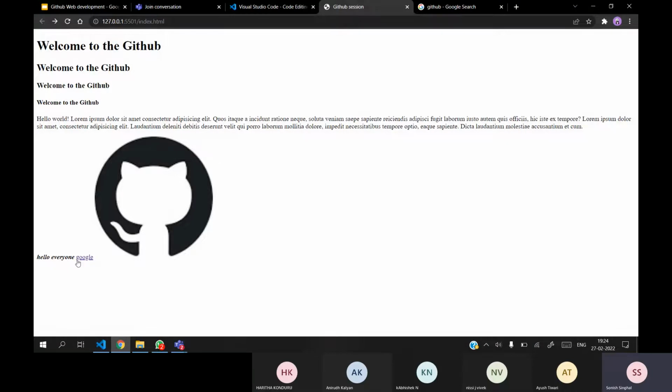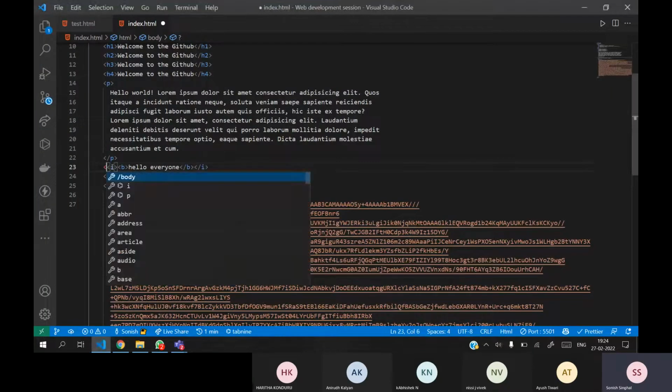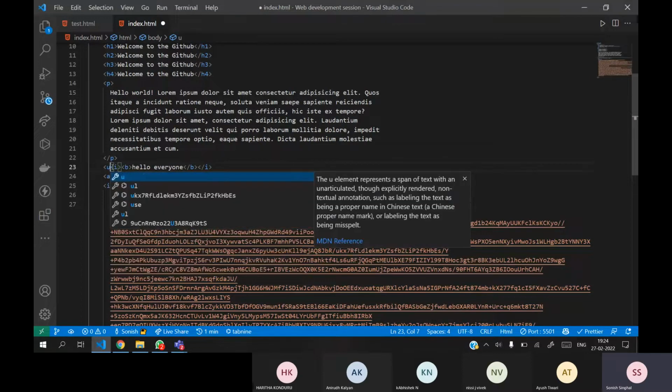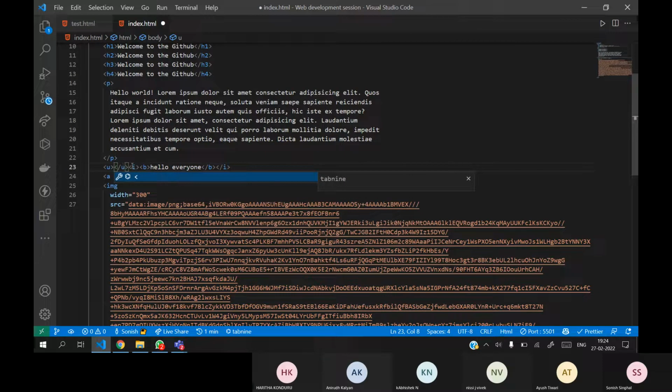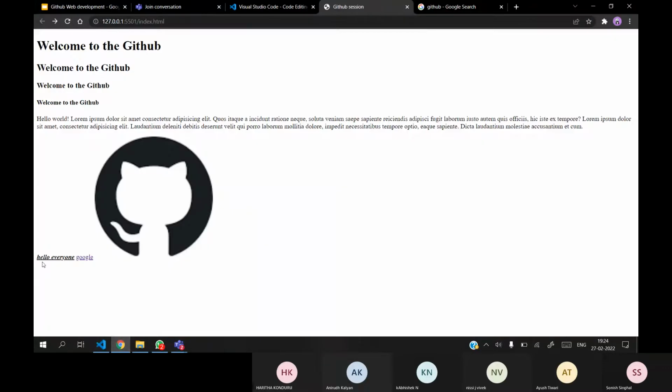It's bold as well as italic. And outside it, we can also use the underline tag. You can see it is underlined, italic as well as bold.